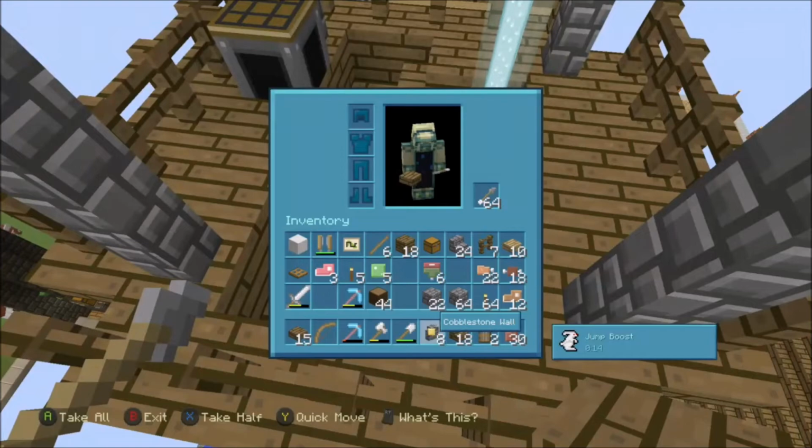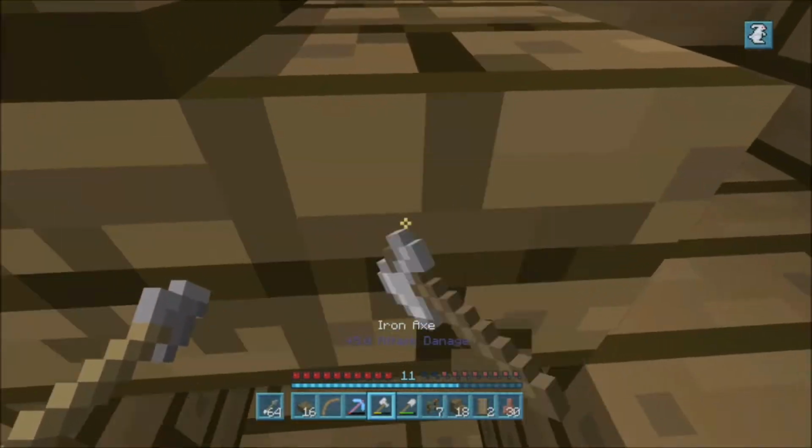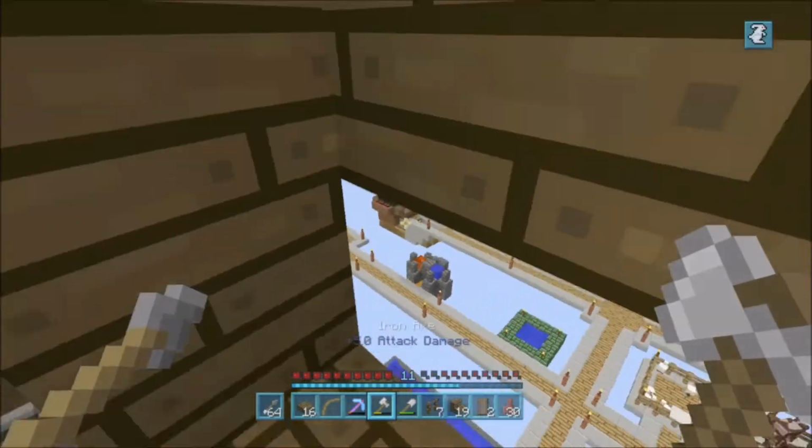So let's build the 4 blocks that we forgot. They are supposed to go outside the glowstone. They're fences. They're just one fence block. It's so simple, but I forgot about it completely. So we need to...